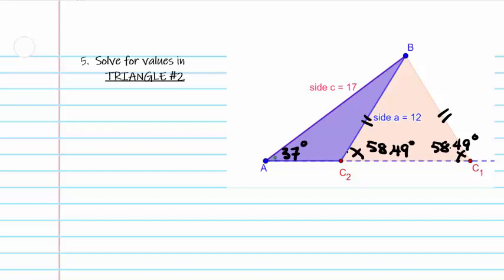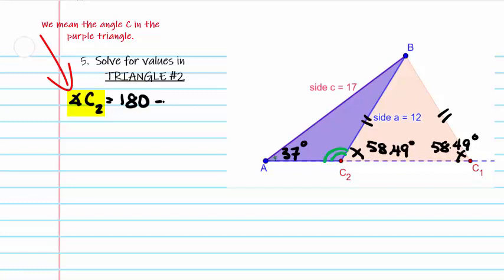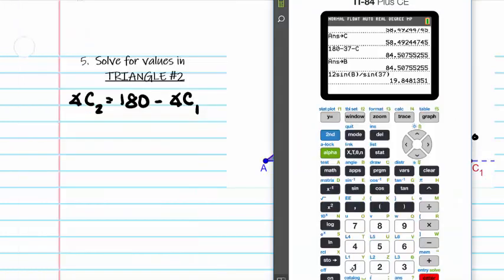And so the angle C that we care about, which is angle C2 in the purple triangle, in other words, angle AC2B, is going to just be the supplement of angle C1 that we already calculated. So I'm going to do 180 minus, and I already have that value stored in C. So hit enter, and that gives me